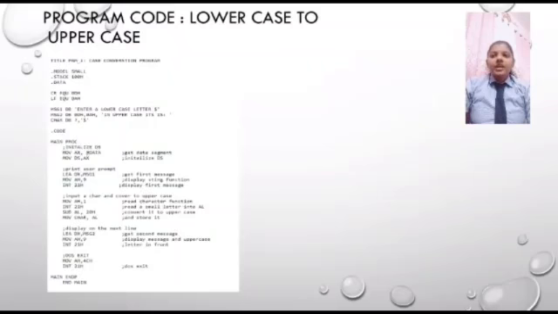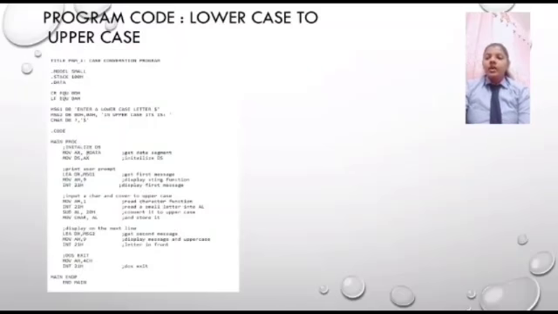MOV AH, 1 reads the character function. INT 21h reads the small letter, that is the lowercase, and the function SUB AL, 20h converts it to uppercase. MOV character stores the character that has been given as input to our program. Then we have to display it on the next line. LEA DX, MSG2 gives the second message. After that, MOV AH, 9 displays the message, and the uppercase string INT 21h gives the letter in front.